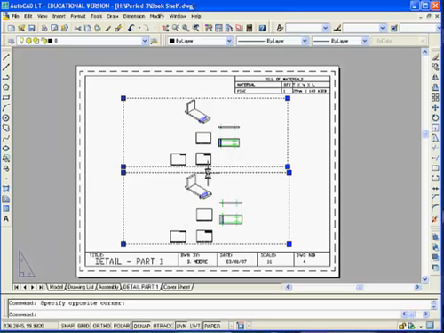So I've selected them both. If you needed to set them to different scales for some reason, you could select just one at a time. I'm going to then right-click with my mouse,